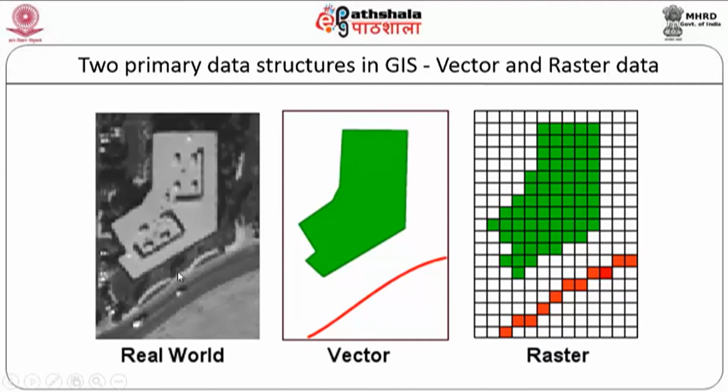In fact, this is what I was telling you. The left one, what you see, is a real world aspect. It will be a photograph, or it could be an image from a satellite. This one consists of a building here, and that building may have to be captured, and you also have a road by the side. I want to capture this building as well as the road. I can also have some points in the surrounding area. You see how it is represented in the form of vector data or raster data.